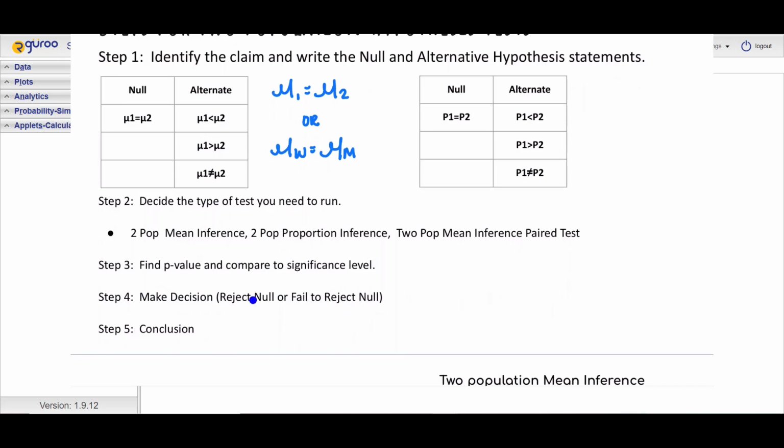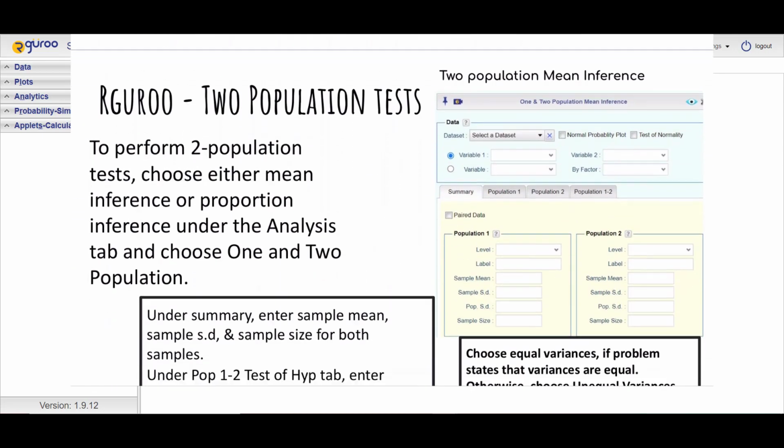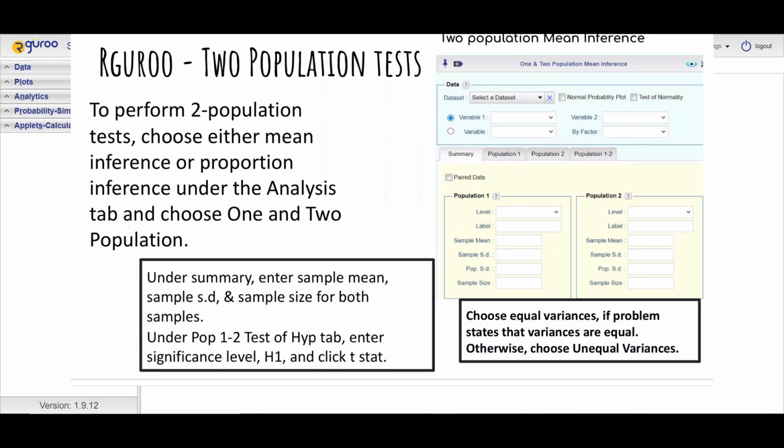So if we reject the null, there is enough evidence to conclude H1 is true. And you must write that in context. And if we fail to reject the null, there's not enough evidence to conclude that H1 is true. So lots and lots of similarities to what we have already done in the past with hypothesis testing, and just a few differences. All right, so let's look at what the screen looks like in Rguroo when you run one